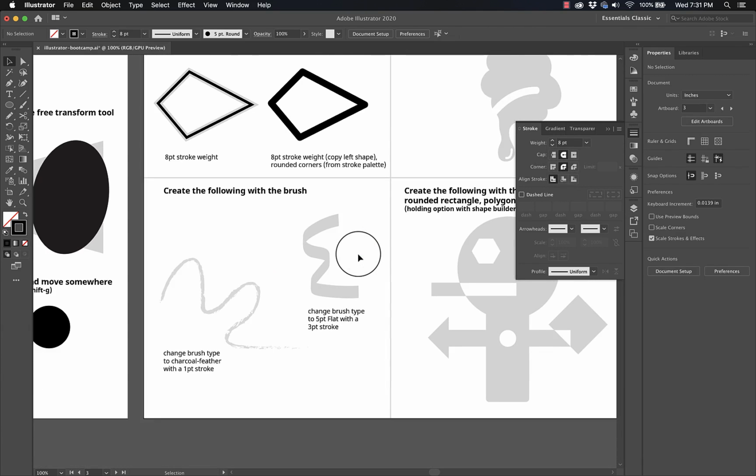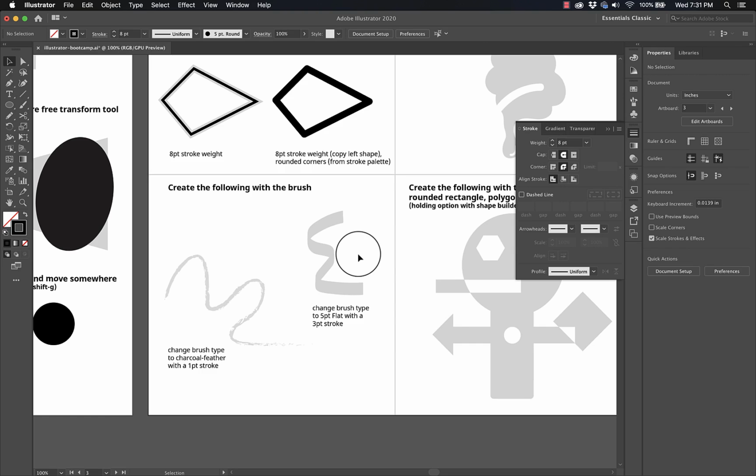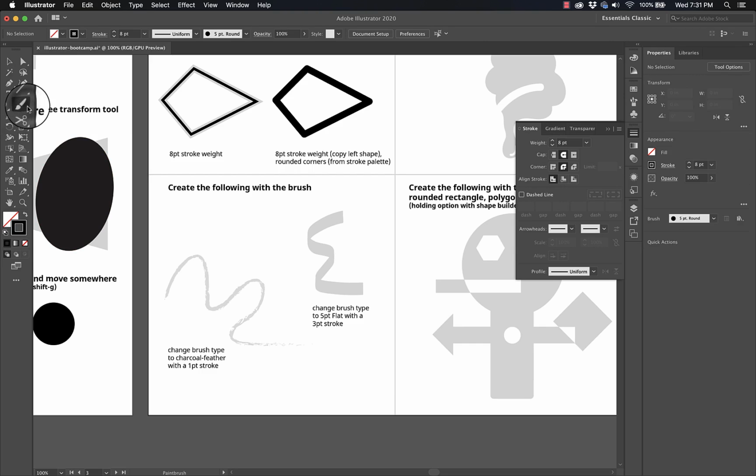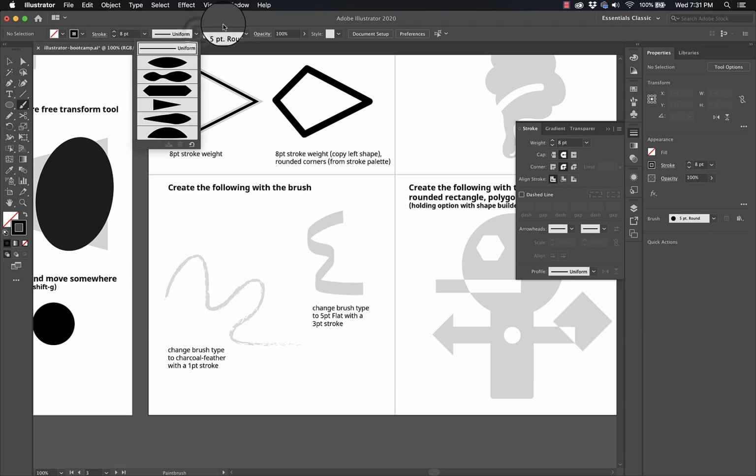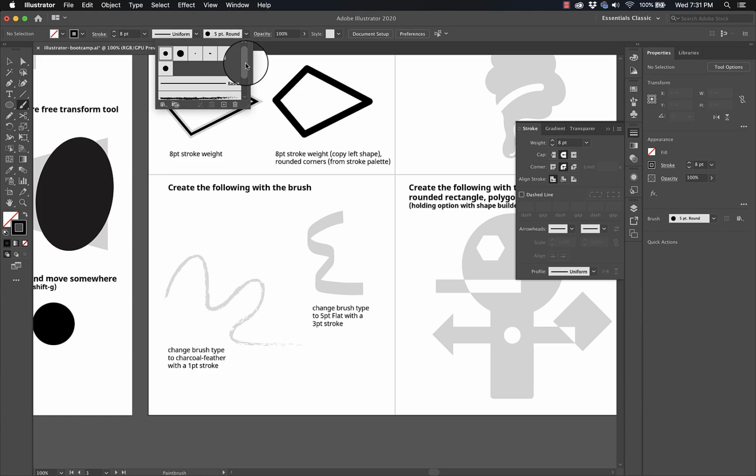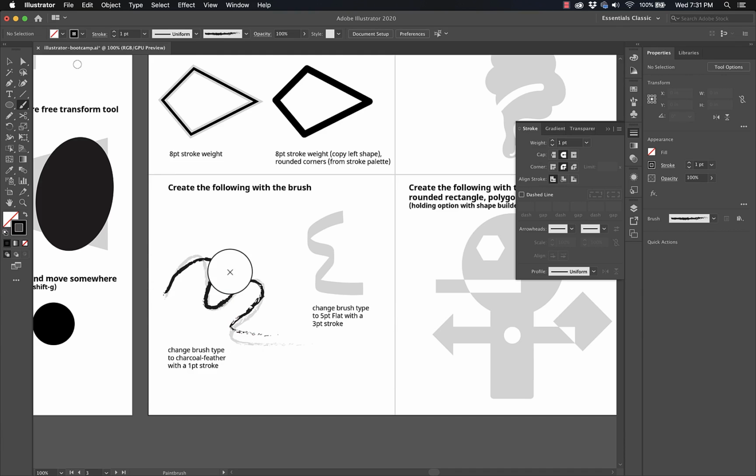And last, we're going to talk about the brush. I'm going to honestly say don't use the brush for this class. People love to use the brush. I find the brush to be the worst tool in Illustrator in a lot of ways. But okay, let's use the brush. So I've got this brush, and I can pick these. Before I showed you this variable width profile, but let's now look on the right to these brush styles. And we can go ahead and pick something like, here's charcoal. Everyone loves to go to the charcoal. And now when I draw, the stroke will have this charcoal